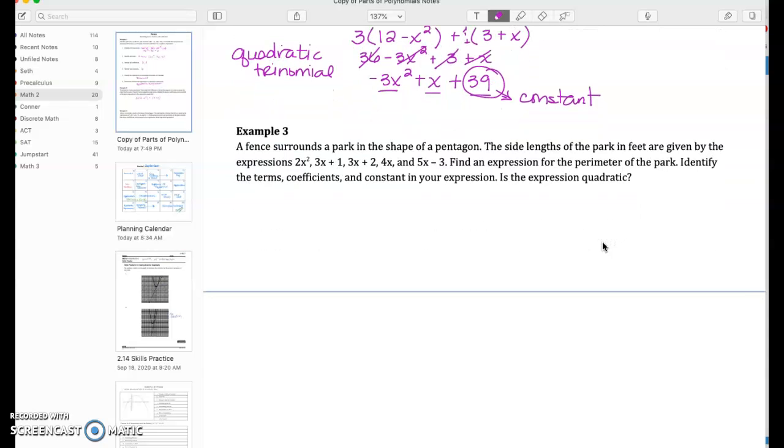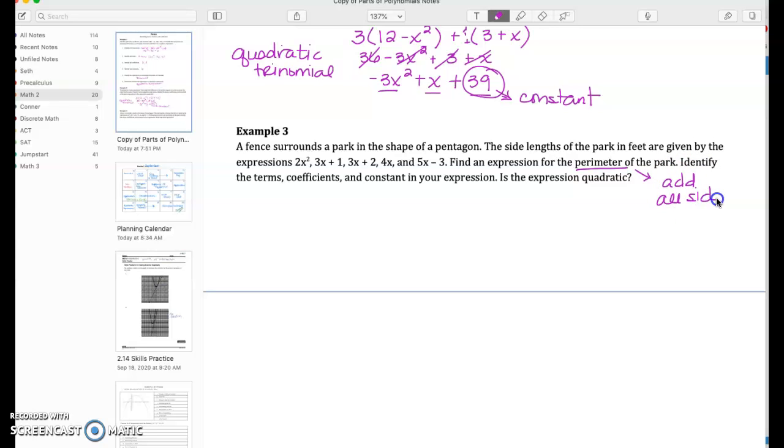For example 3, a fence surrounds a park in the shape of a pentagon. The side lengths of the park in feet are given by the expressions 2x squared, 3x plus 1, 3x plus 2, 4x, and 5x minus 3. Find an expression for the perimeter. So remember, the perimeter means that we're going to add all sides